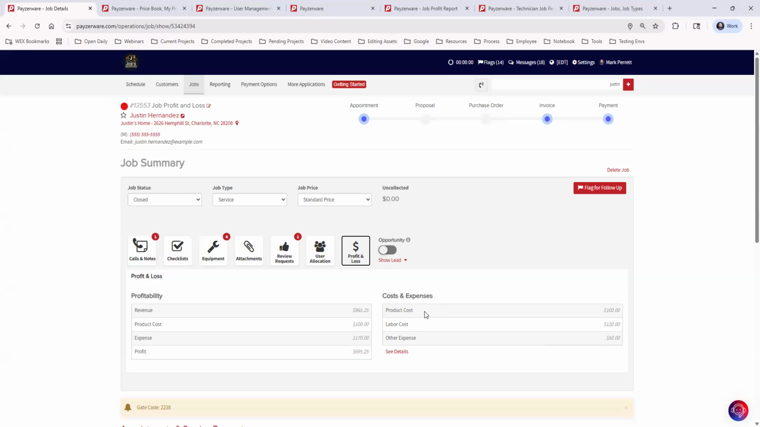So, product cost: when I am adding an item from the price book to my invoice, that price book item is going to have a cost of that item. As I'm adding multiple items from my price book, your system will do the math of the cost from each of those and then subtract that from the revenue to get the profit and loss. But we need to make sure that costs are included in the price book for this to be correct. To do this, we will go to More Applications, Price Book,